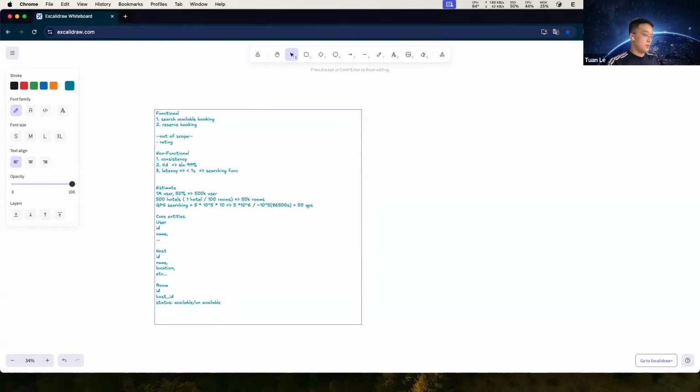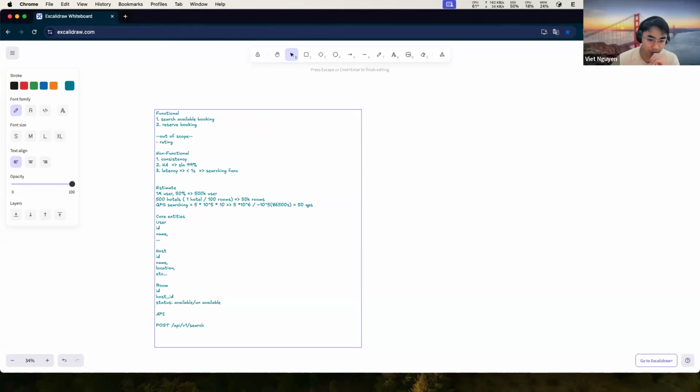And next we have the API. The first API I think we should have is a POST function to search. This is the core API of this function.